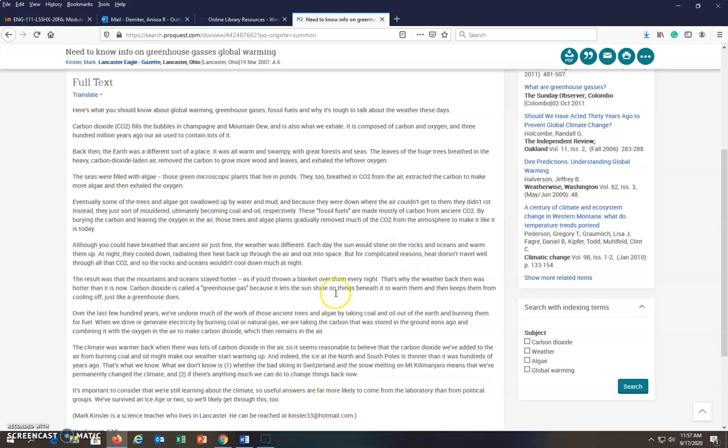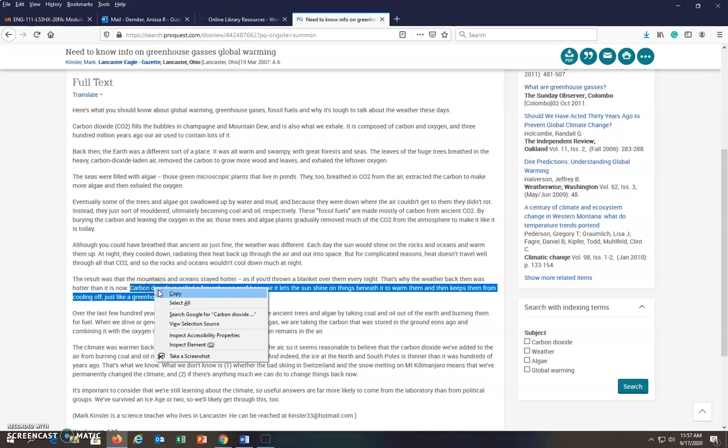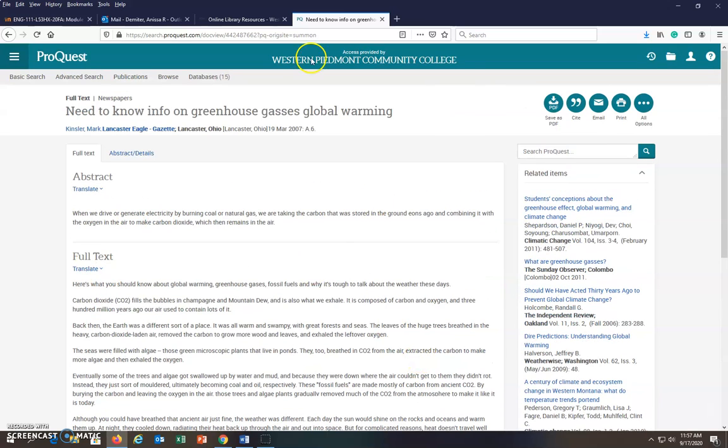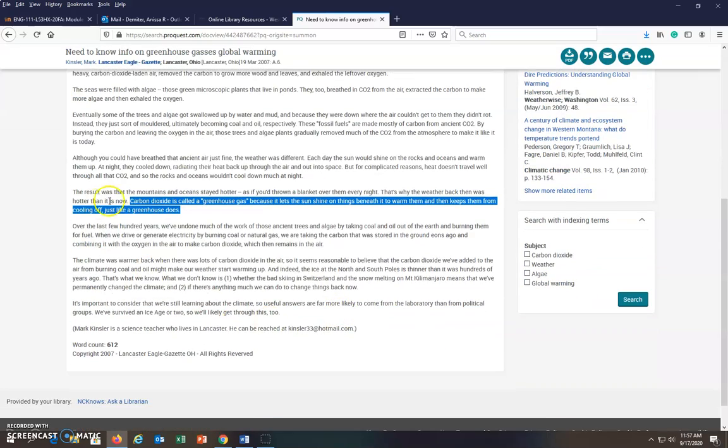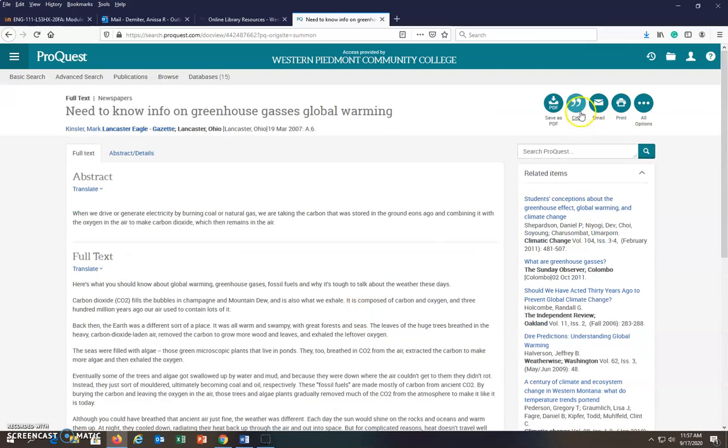And as I read through, I may find a really good quote. Let's see. Okay. Let's just say I'm going to use this. I really like this quote, and I'm going to use it in my greenhouse paragraph, my cause. So I'm going to copy that, just to have it. But I also don't need to leave here until I've cited my source. Since I am definitely going to use a quote from here, I'm going to click on Cite up here, and